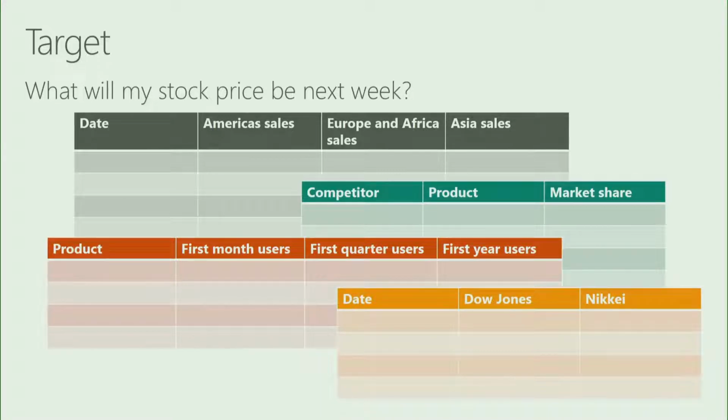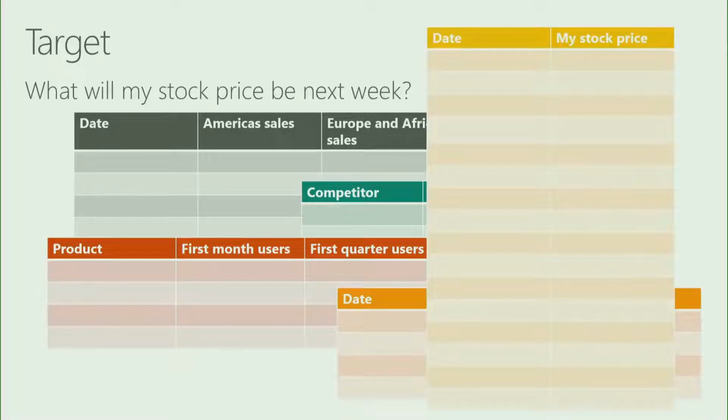So the question that we're trying to answer, we need examples of answers to that question from the past. That's how machine learning works. It just looks for what relationship these have had in the past. Then in the future, when we get all this other information about sales and competitors and stock markets, we can guess, based on that relationship, what our stock price will be. That's called our target variable, our target data. It's not uncommon to get a data set and then ask a question that you don't have target data for, in which case you go back to the beginning and gather more data.